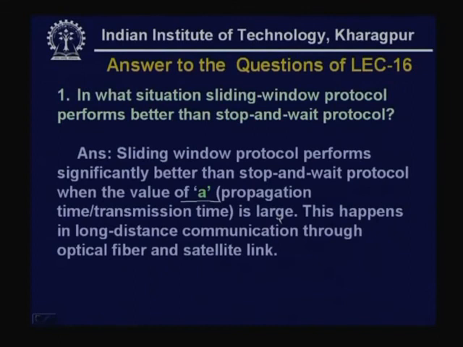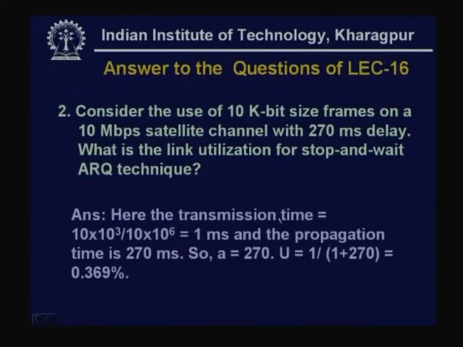or when you are using very high speed communication. Second question was, consider the use of 10 kilobit size frames on a 10 megabit satellite channel with 270 millisecond delay. What is the link utilization for the stop and wait ARQ technique? Here the value of a is 270 because transmission time is 1 millisecond and propagation time is 270 milliseconds. So, utilization is only